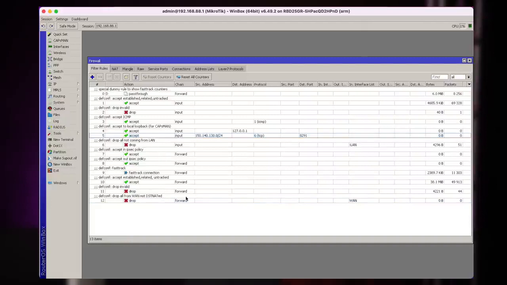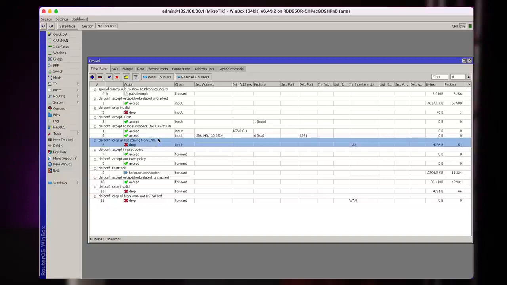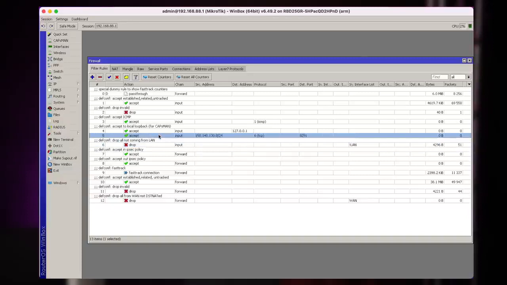So only now will it take effect, because all the rules are checked in order. So first it will allow, and then it will drop everything else. So this is why I placed it above the drop all rule. Well, this rule is enough to allow myself from this network into my router, and it's as easy as that.